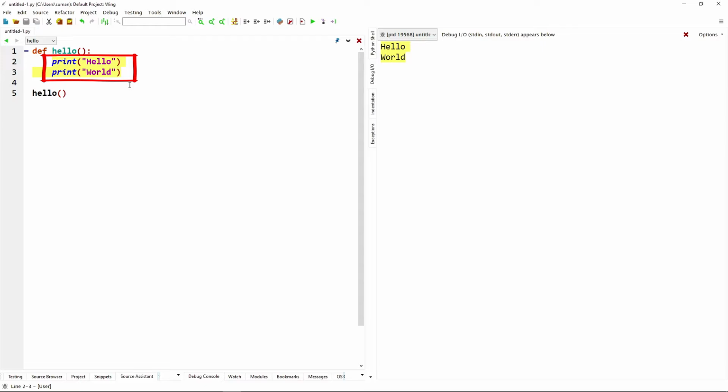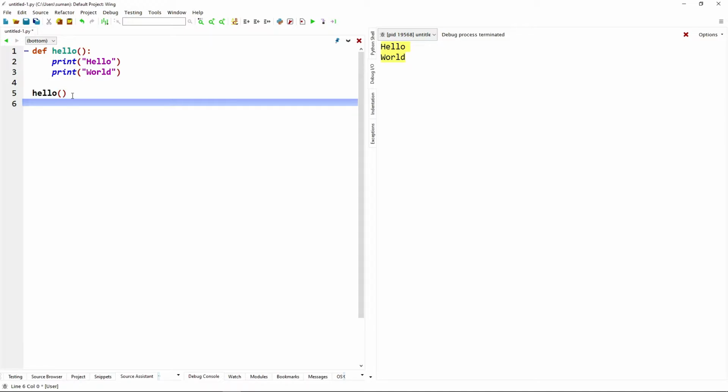When this task is completed, the control of the program goes back to the function call, and then the next statement after the function call is executed. But here there is no statement, so no output is there after hello world.